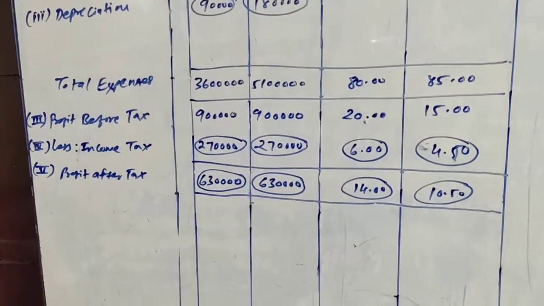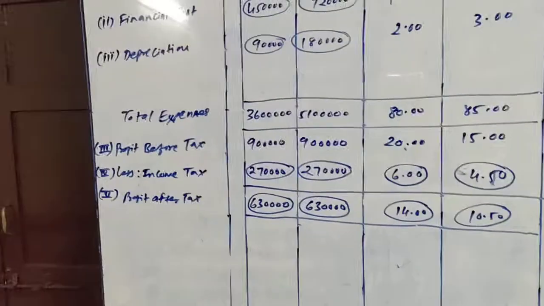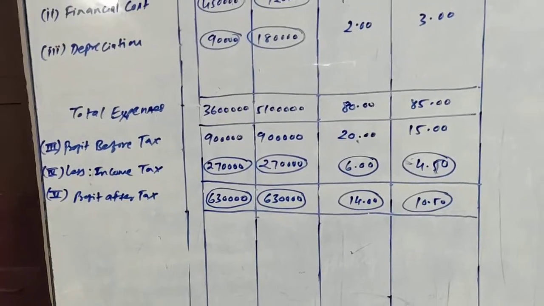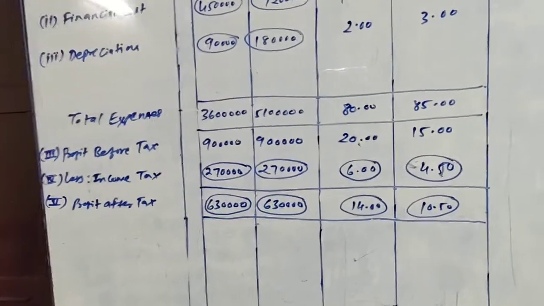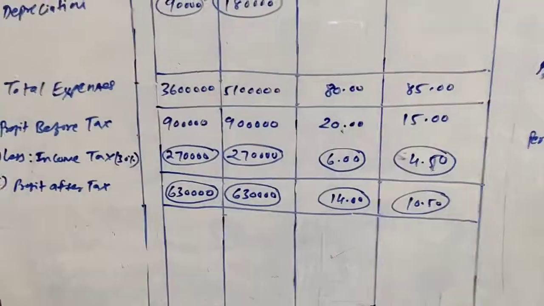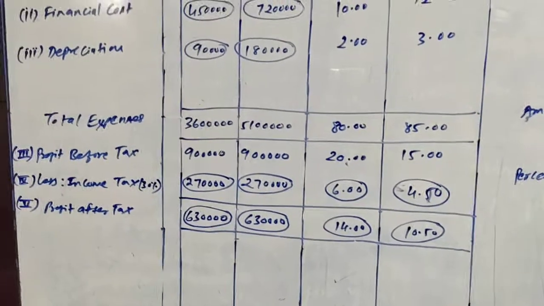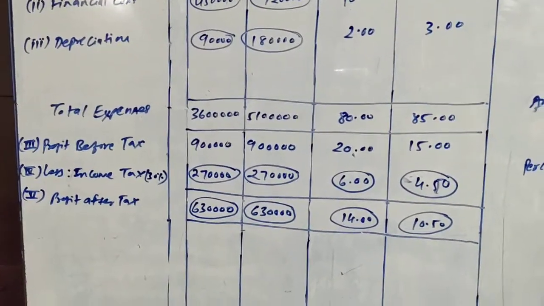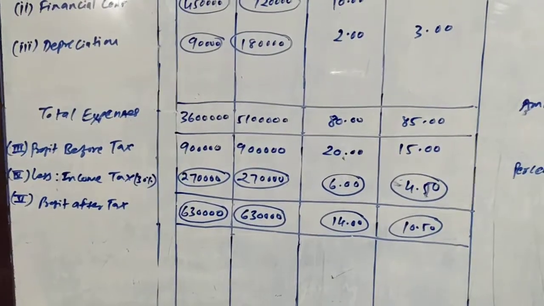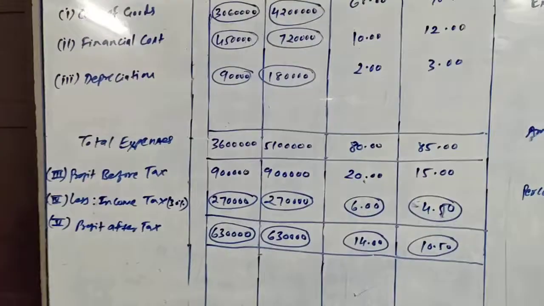Now the thing is, we have to find the taxes. Nothing is given in taxes, neither amount nor percentage. So first of all we will find the amount, and it is given that rate of taxes is 30%. Here it is in the sum itself, rate of taxes is given 30%. So we will apply that 30% tax. On 9 lakh, 30% tax will be applied, so the tax will be 2,70,000, and this will be the same for both the years, because both the years profit before tax is rupees 9 lakh.